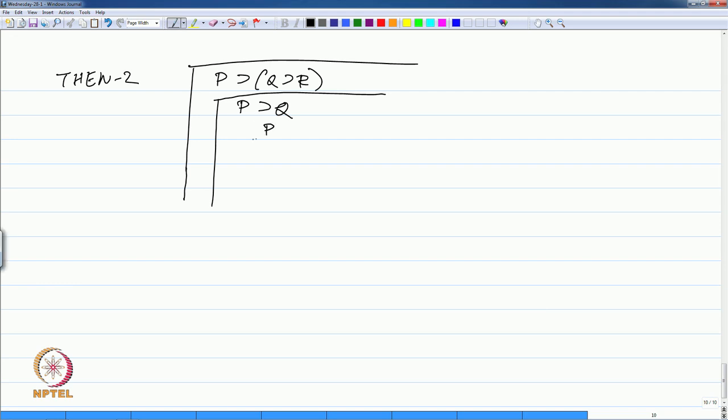Then we make a third assumption, which is P. So, the third box is nested inside those two boxes essentially. So, all these three assumptions, P implies Q implies R, P implies Q and P essentially. Now, we can get Q. So, let us give numbers to this 1, 2, 3, 4. So, from 3, 4 modus ponens,